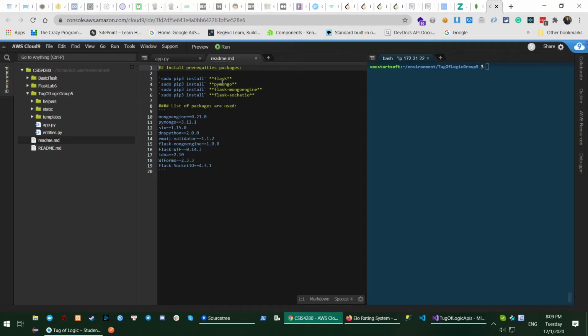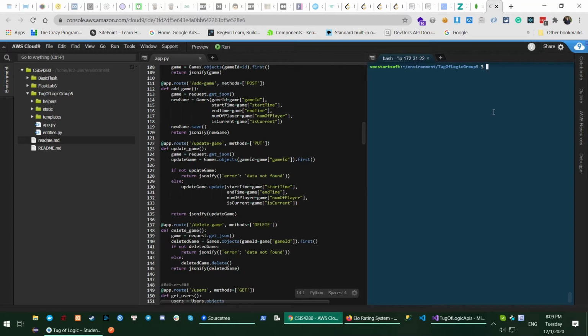Here I'm using MongoEngine and Socket.io, and we already installed their packages here. So at the moment we just simply run the backend code by python app.py